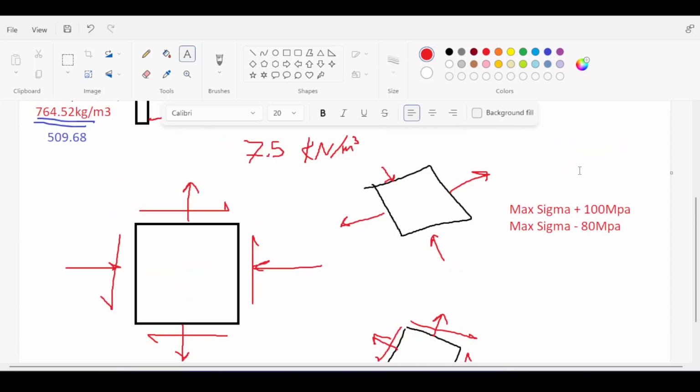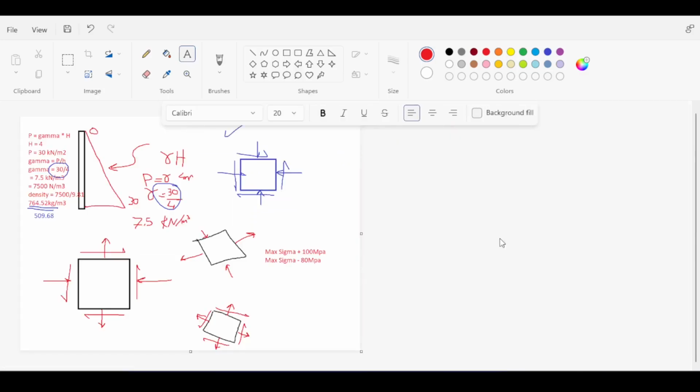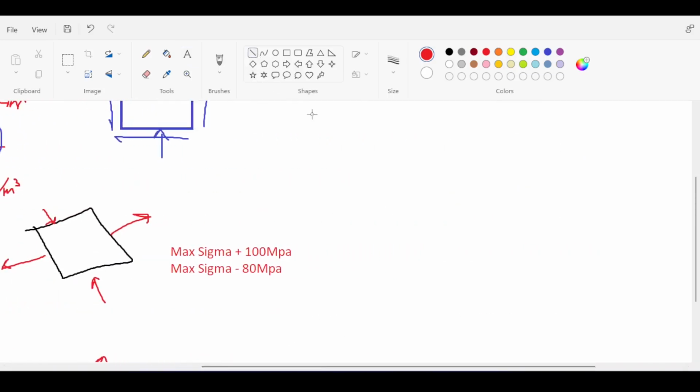Well, this is incorrect because allow me to go one extra step. This is now master's stuff, but I want to explain it anyway because I teach it too. Because, I mean, it's not just about how to use the software, it's to understand what you see in the software. You see, the problem with yielding and ultimate stress is that it was